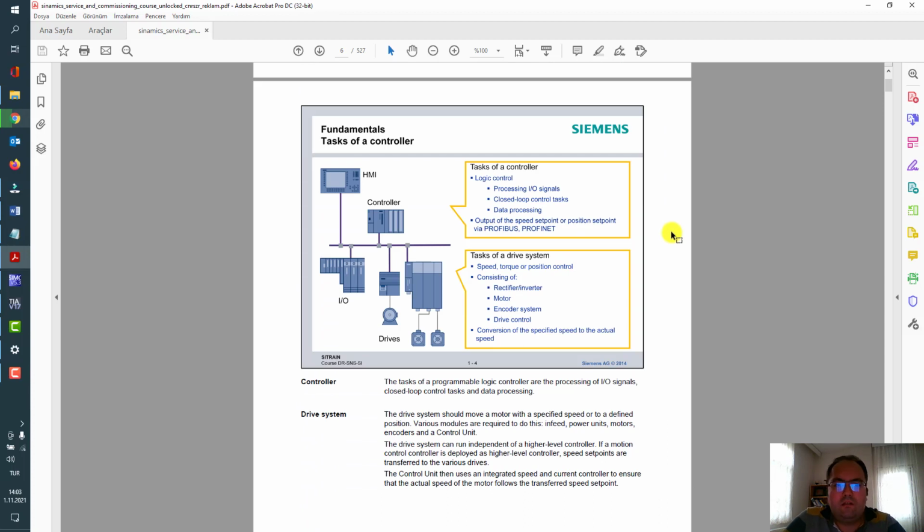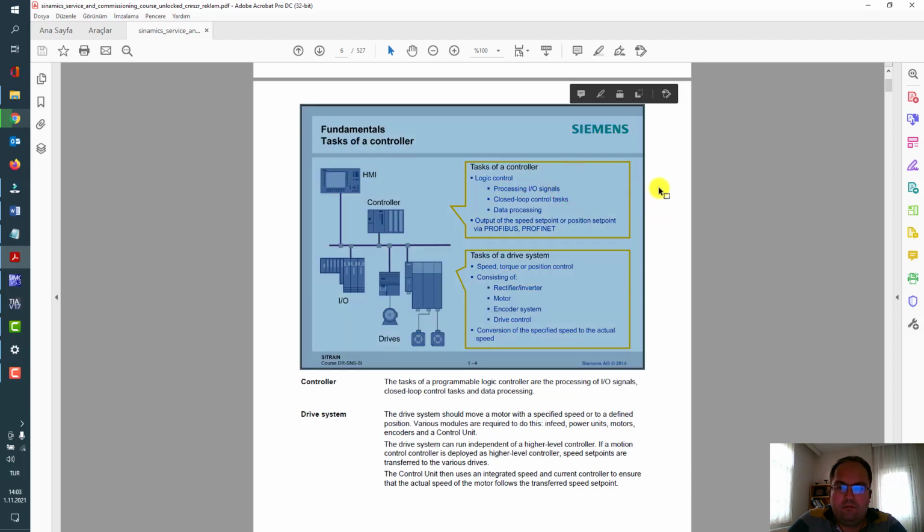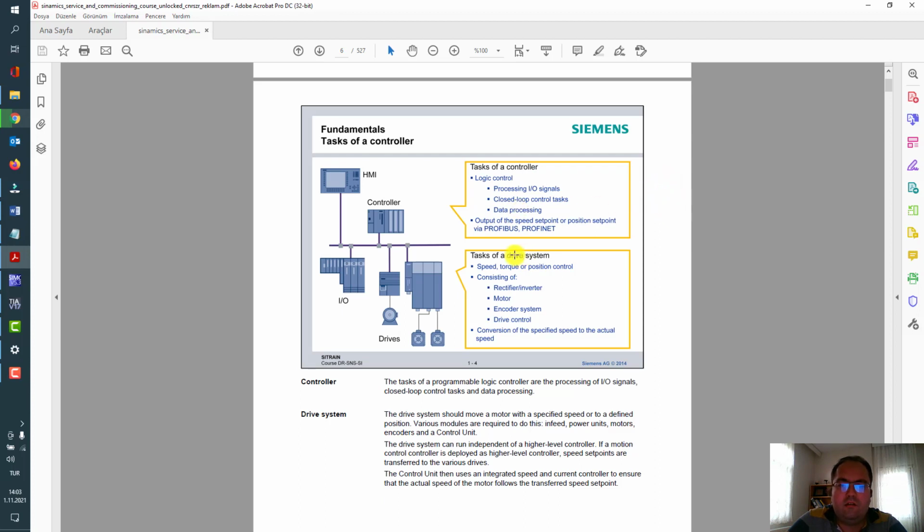So what's the task of a controller? First of all, we make some program and develop our project with logic control and processing of the I/O signals, data processing, and output of the speed set point or whatever via Profibus and Profinet to other components.